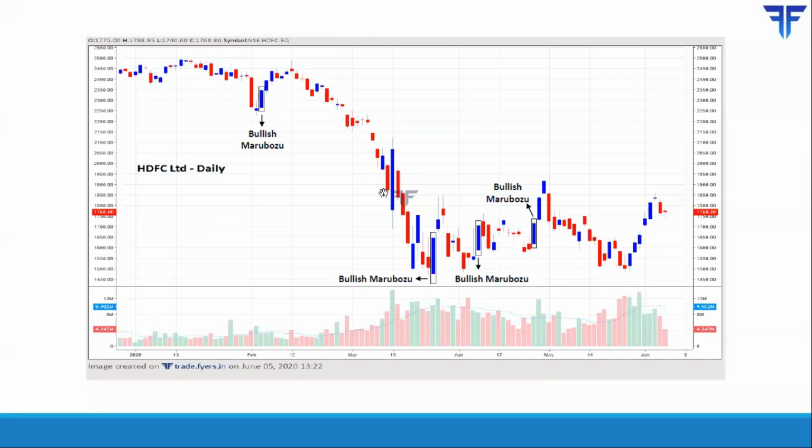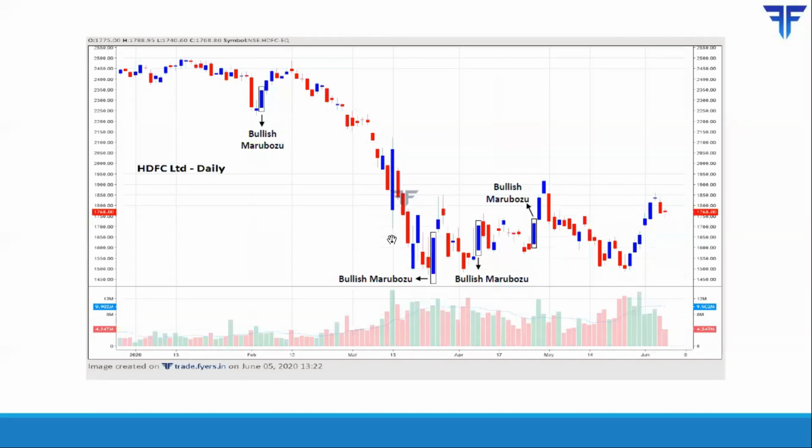Eventually, prices fell sharply. What is interesting to note is that that downtrend ended with the appearance of a bullish Marubozu candle, which is a very strong bullish Marubozu candle because it was very tall. The opening and low were the same, and the closing and high were the same. In the subsequent days, as you can see, the low of the bullish Marubozu never broke. Although price was in a lateral band, once the bullish Marubozu printed, it rallied notably. It went up to 1930 kind of levels.